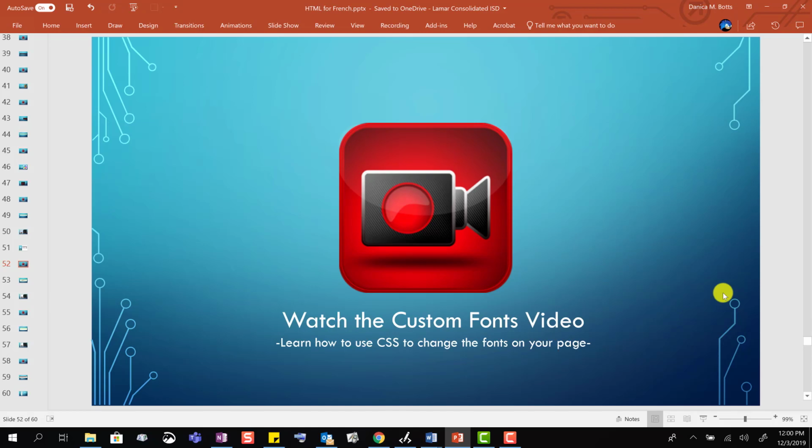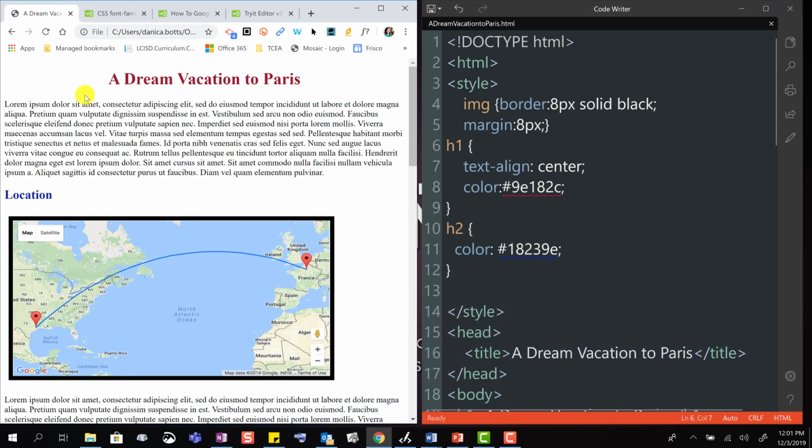In this video, I'm going to show you how you can customize the fonts on your web page. I'm going to show you two ways. One is through internal styling and one is through an external style sheet. So here in my code,